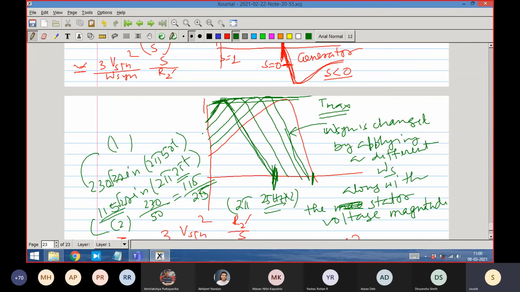Okay, but we have the ability to produce more starting torque. This seems to be a better method of starting the machine, and it can be applied even to a squirrel cage machine, right? You don't need a wound rotor machine or a slip ring machine to apply this kind of starting method. You just choose a frequency of supply and a corresponding reduction of the voltage. Okay, so this is an electronic method of starting, because the corresponding reduction of voltage will require an electronic method.